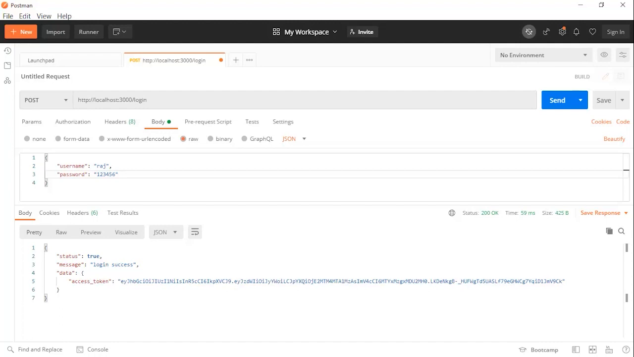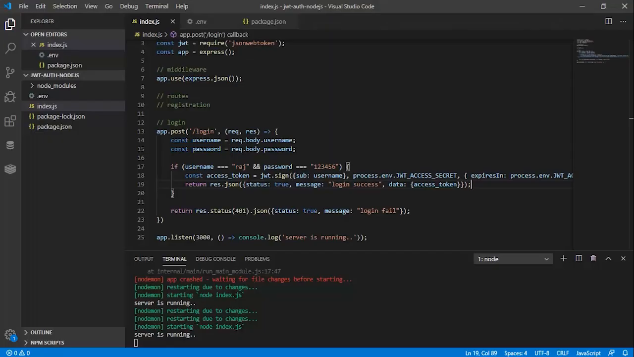Now the next part is, if we have any protected route, we need to verify if that access token is valid or not, and only if that token is valid can we allow the user to access that protected route. So to verify our access token, we will create a middleware. So back in our project here,